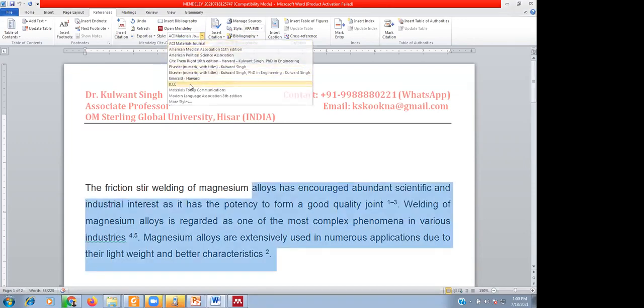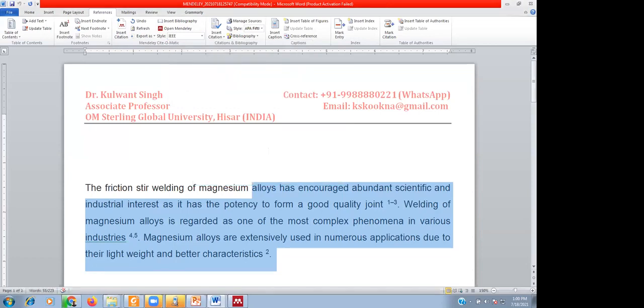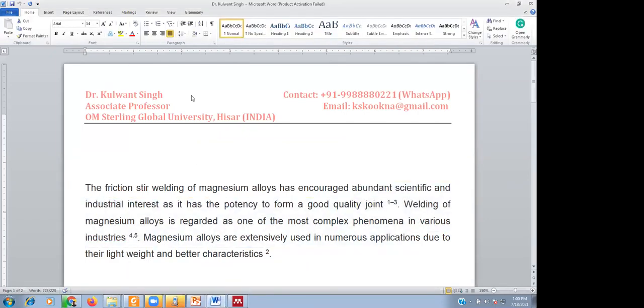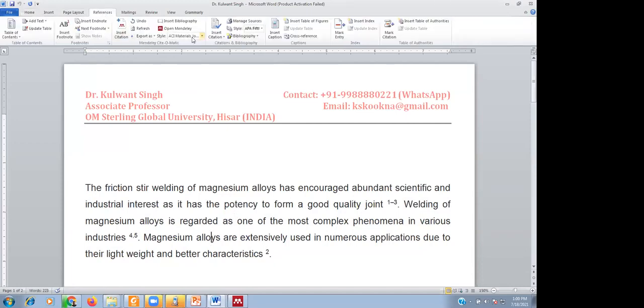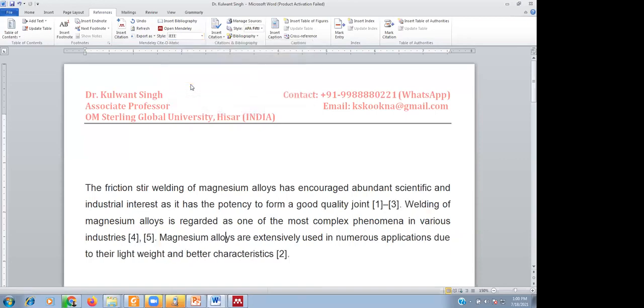Okay. Thank you, sir. Thank you, Kulwant, sir. It was really very nice. And I have used Mendeley once earlier. So I have a few queries. First of all, irrespective of the number of times we add a document to Mendeley, it is only added once, right? So you said that if we have a hard copy of some document and we add it manually, then will it appear automatically in the bibliography if we insert the bibliography?